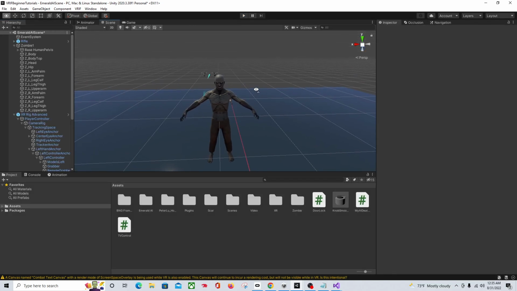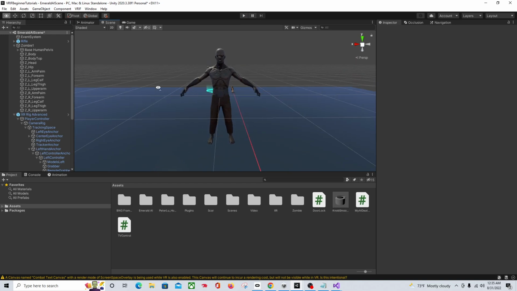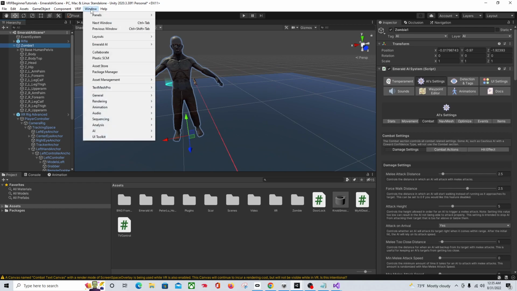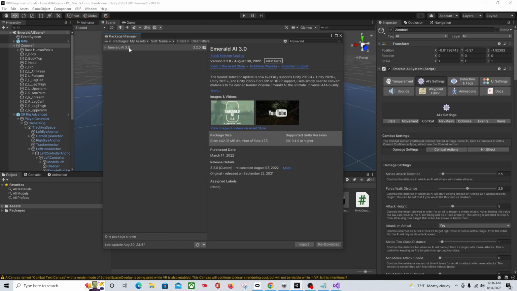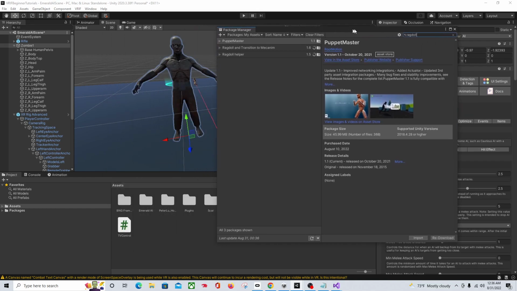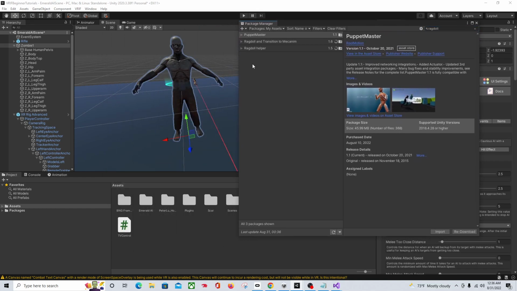Okay, so now let's say that you want this guy to be location-based damage. So I'm going to introduce you to a really nice asset that I like. You'll have to get this from the Unity asset store, but it's called Ragdoll. Now, I will point out that if you are going to follow the new tutorials coming after this with Puppet Master, this is where you want to stop. You want to leave this guy exactly the way he is, because we're going to be using Puppet Master to turn him into a